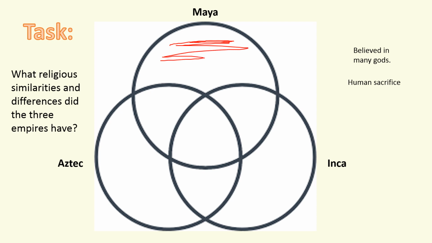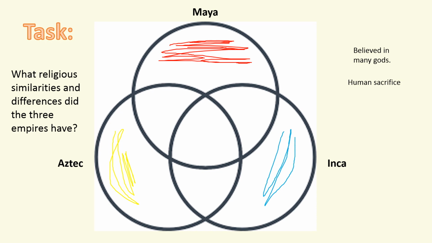I'll use red. So if there's a belief that just the Mayas believed, you put it over here. If there's a belief that only the Aztecs believed, that's different from everyone else, over here, where there's yellow. And if there's a belief that only the Incas believed, over here. So if there's a belief that is shared by the Inca and the Maya, you put it over here. I'll use green. If there's a belief that is shared by the Maya and the Aztecs only, it goes over